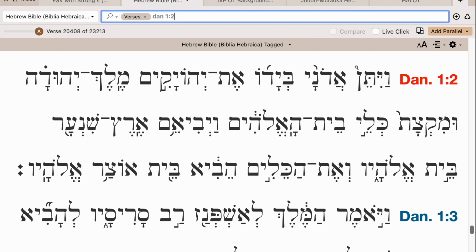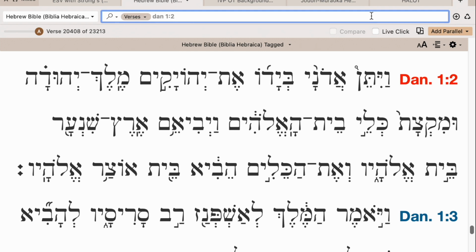Okay, so let's start by analyzing the text word by word here. So the first word we have is vayeten, and vayeten comes from the root nun tav nun, and it is in the kal stem, binyan kal, or some